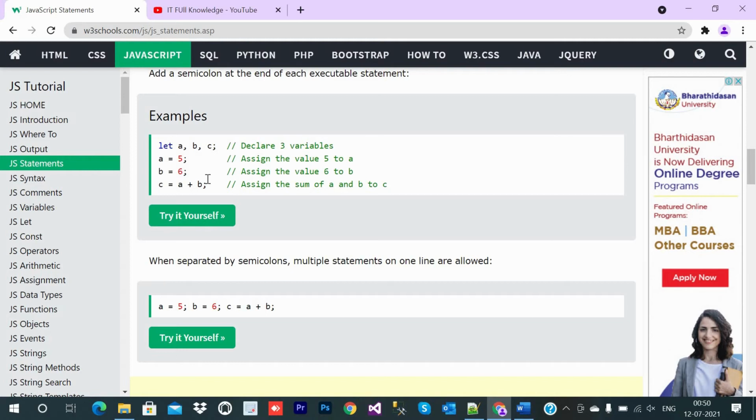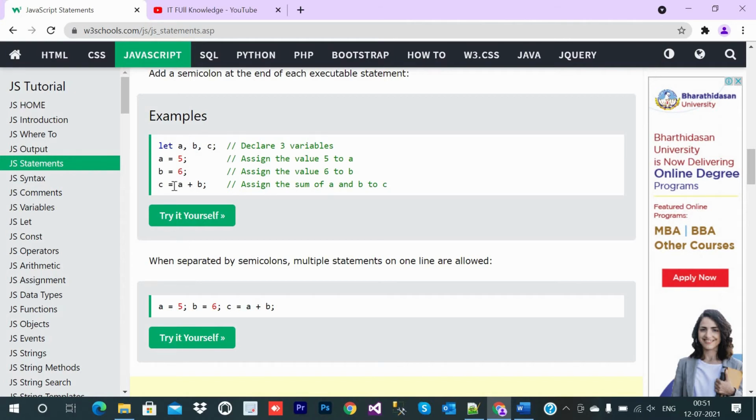Similarly, we can do it in one line if we use semicolons in between. After a equal to 5 semicolon, that statement runs, and JavaScript understands that the statement is terminated, so the next statement has no relation to the previous one and runs as new.